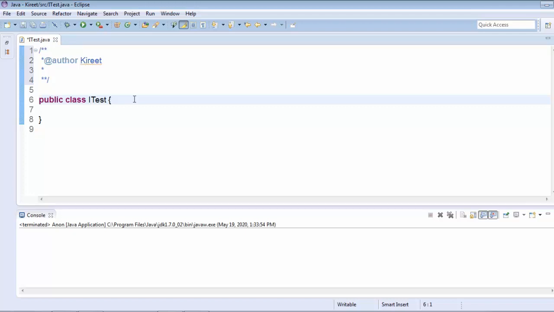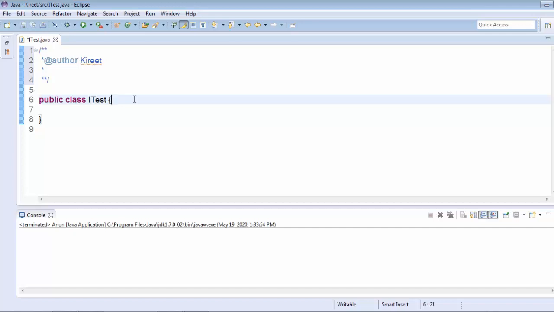So the anonymous inner class is basically used in GUI programming also. For example, if you want to write the definition of some listeners, if you want to implement the listeners, we will use anonymous inner classes. In this type of scenario, where we have to provide the implementation details for the listener interface, we use inner classes. They are very useful in graphical user interface programming.